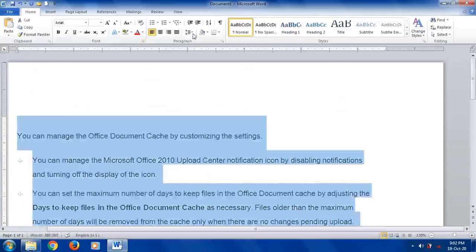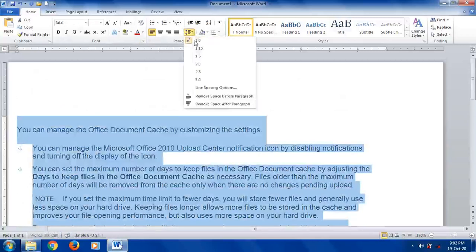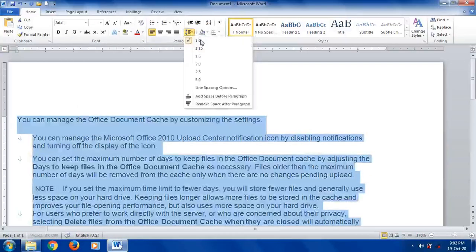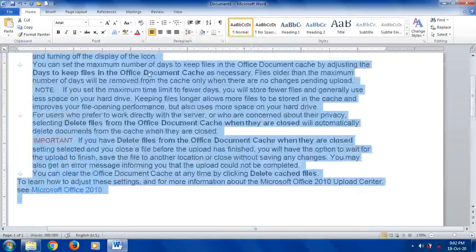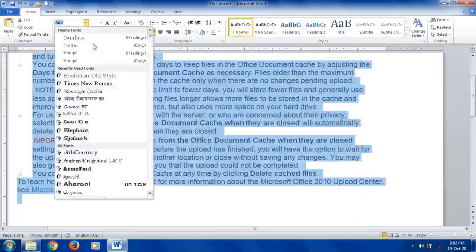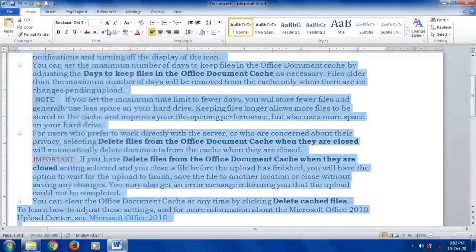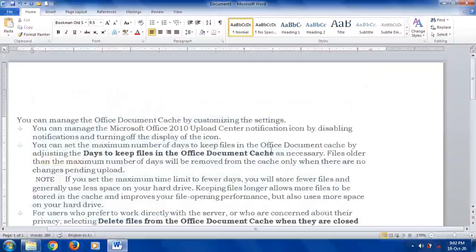Now what I will do, I will remove the spacing to make it compact. Then by using the font, set some font settings. Okay, see now how we can search the text and how we can replace the text by using replace option. By using find option you can find the text, and by using replace option you can replace the text. So first of all, before replacing, first you have to search the text in this document.